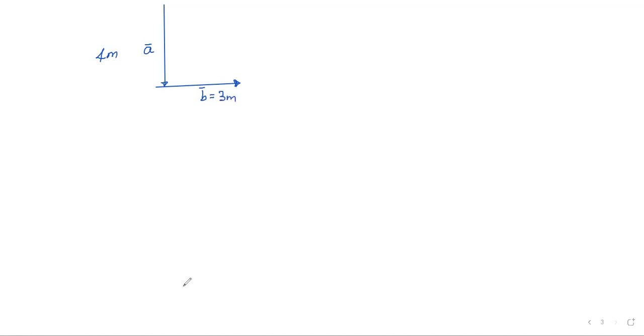Now, someone moves from point A, goes to point B, and goes to point C there. Now, if somebody moves from A straight to C there, we will have